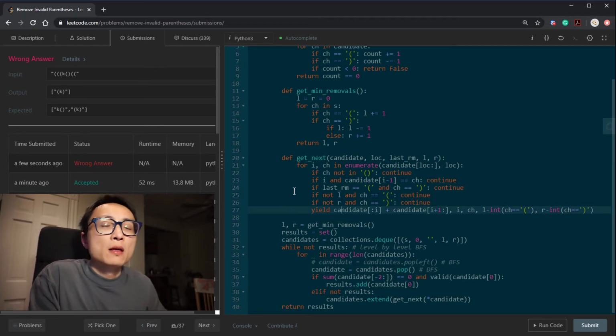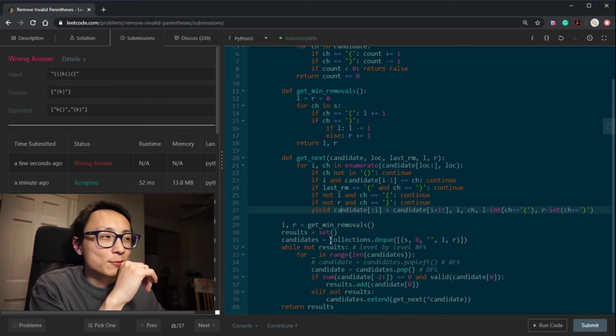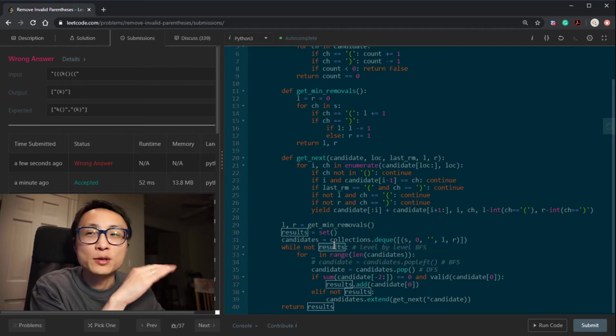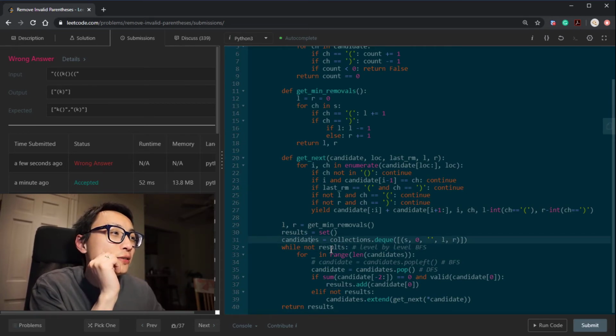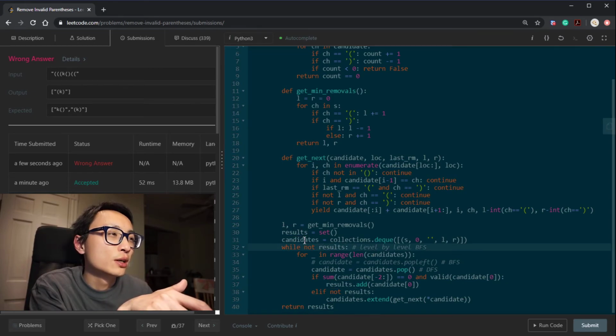I see. The reason is that for depth first search, once we find a result, it's actually exited. So for this to work, to become a depth first search, what we can do is